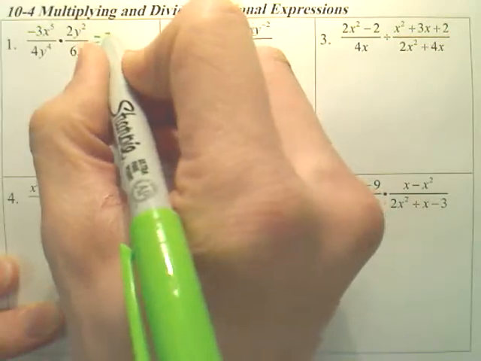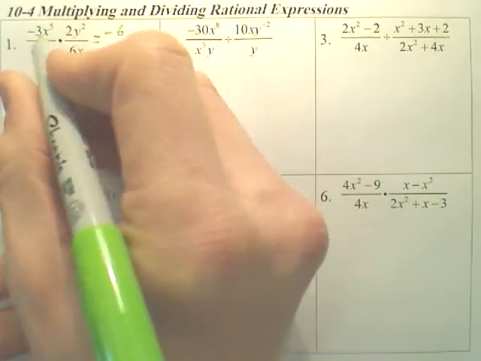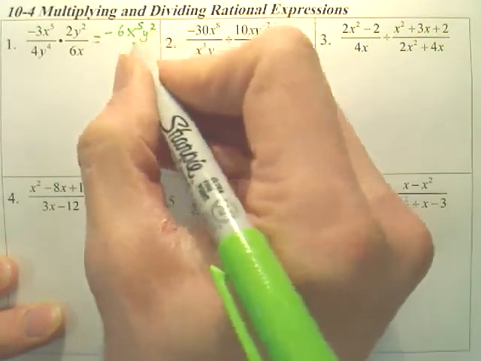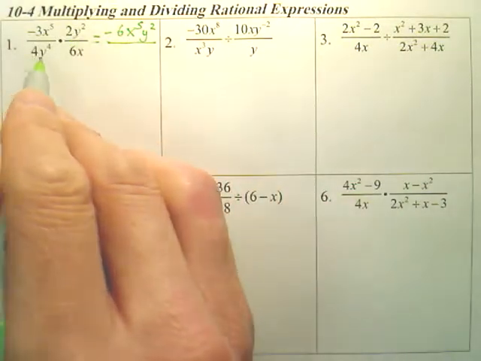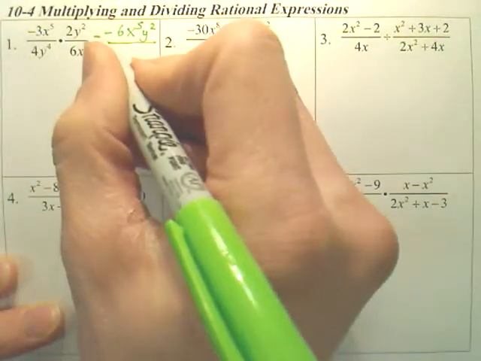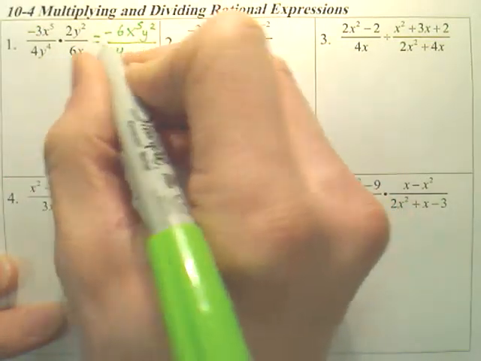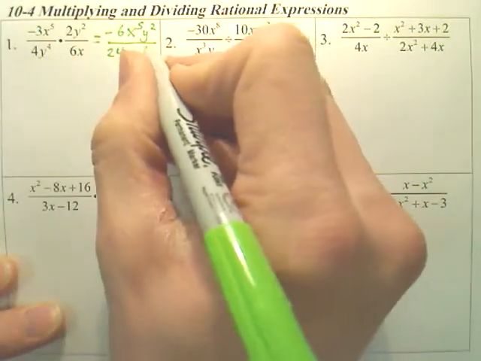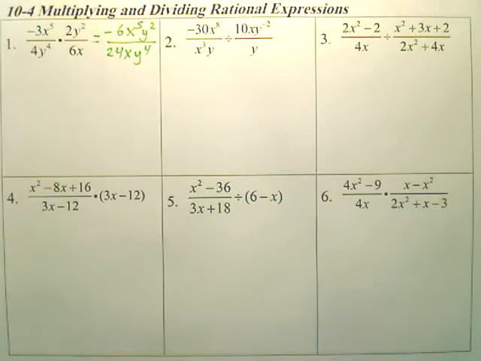Negative 3 times 2 is negative 6. X to the 5th times y squared. You can't combine those, so it's simply going to be x to the 5th y squared. So I multiplied the whole top. Now I multiply this. 4 times 6 looks like it's going to be 24. And then those can't combine. I'm going to put the x first because I want them on top of each other, and the y to the 4th second. So all I did is multiply straight across, and now things look nice and neat,